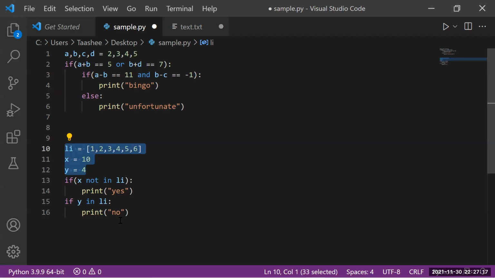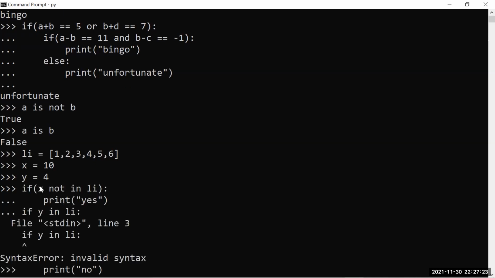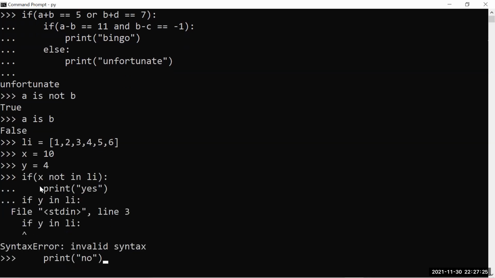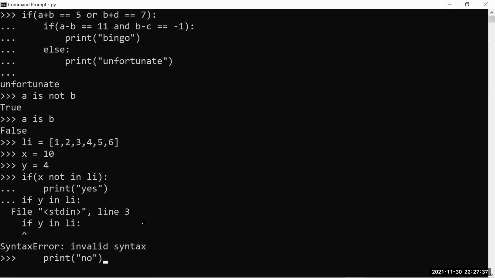Are you getting this point, guys? Yes. If I press this, oh, what just happened? Okay, syntax. What do I can say is nothing. This is correct only, right?